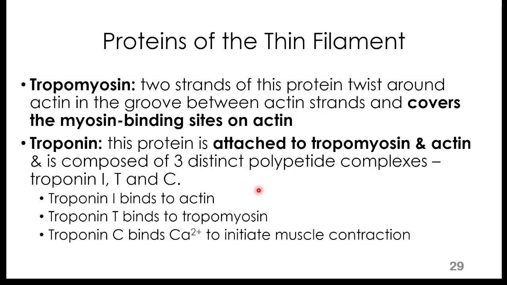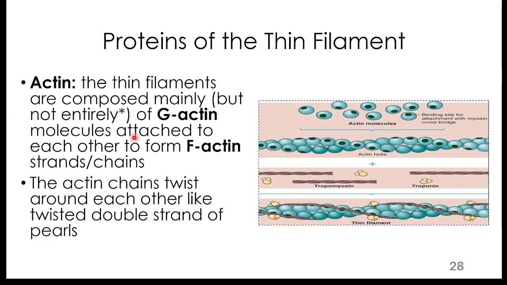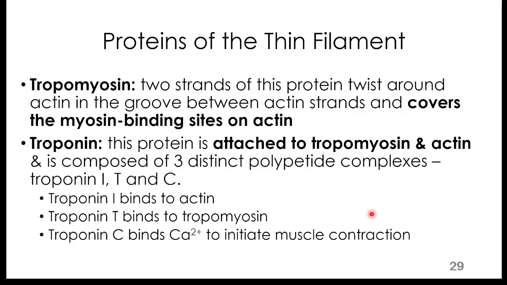Okay, so we also have tropomyosin, right? And two strands of this protein twist around actin, which you can see here. Two strands of tropomyosin. One tropomyosin is the dark brown thin strand here. So two strands of it twisting around the two strands of actin. So you can see two strands of actin twisting around each other, then twisting around these actin strands we now have two strands of tropomyosin. Okay,